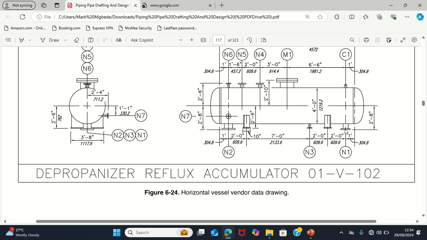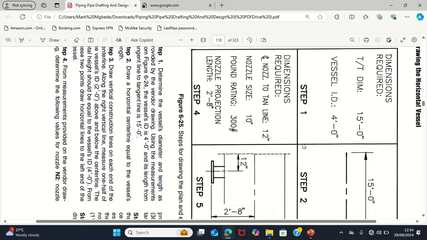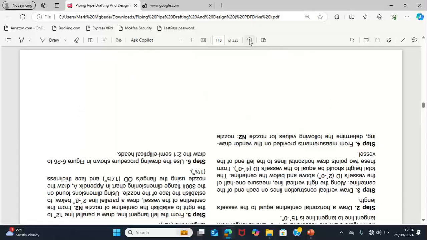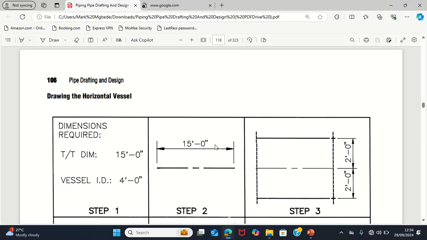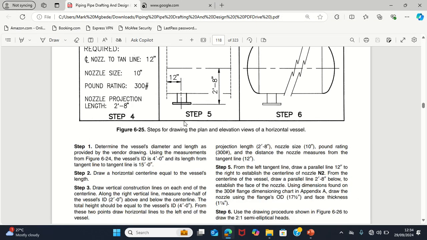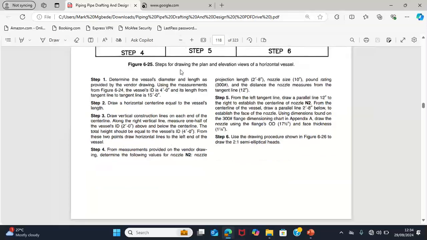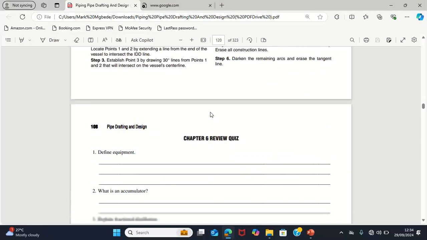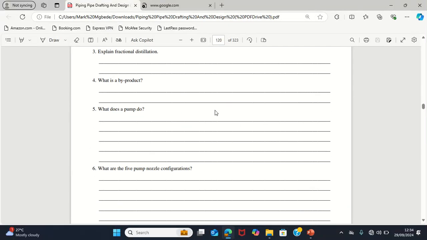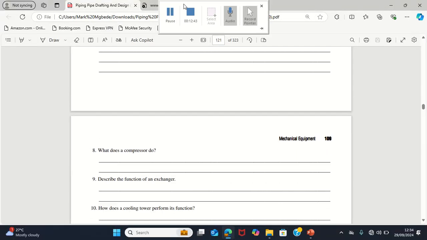It gives you a detailed drawing of all the flanges there. So that is it. And I believe that's the end of mechanical equipment. The next one will be